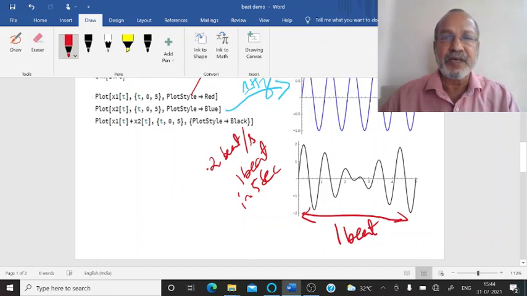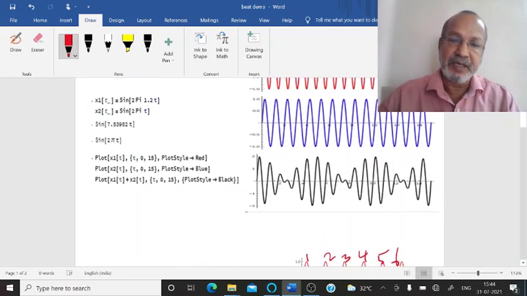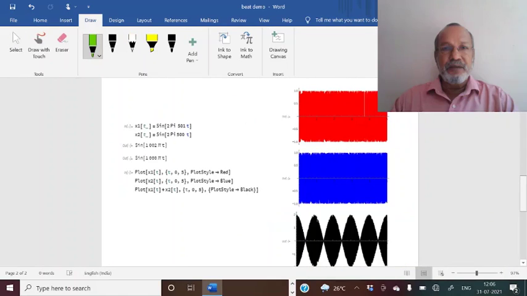That is why I have considered in the previous diagram 3 beats. Actually, I want to demonstrate beats, so if I take more beats, then it will be more clear. So here we have 3 beats: 1, 2 and 3. Now if you want to clearly hear the beats, that example is not enough because the frequency of 1 Hertz is not audible to the human ear. We know that the limits of audibility are 20 Hertz and 20 kilohertz.